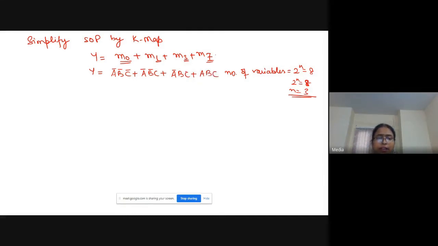Is it clear? So I have written like this. This can also be written like this, summation M0, 1, 3, 7, that I have already told you in that lecture, right?